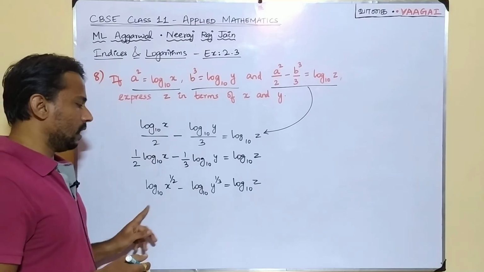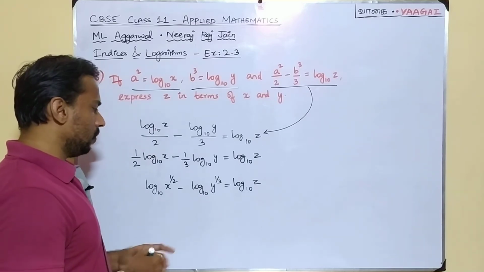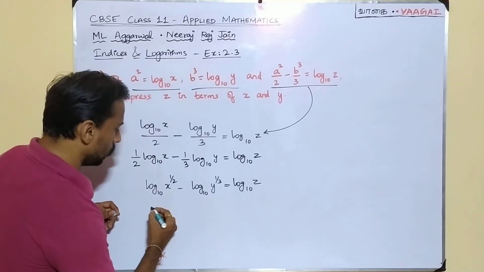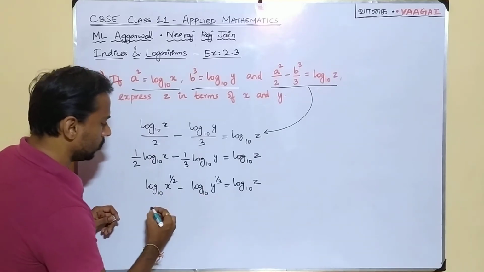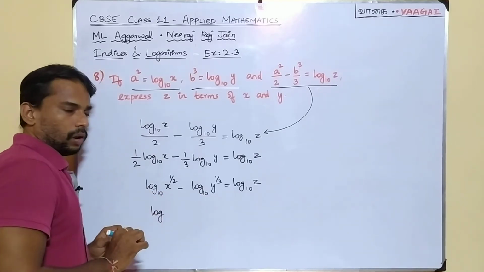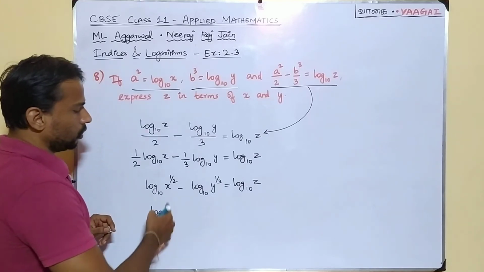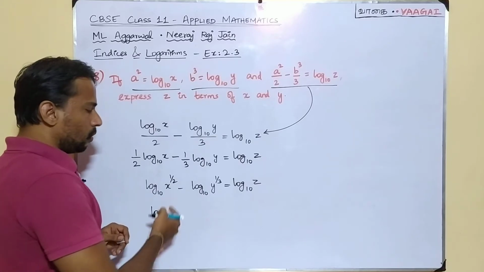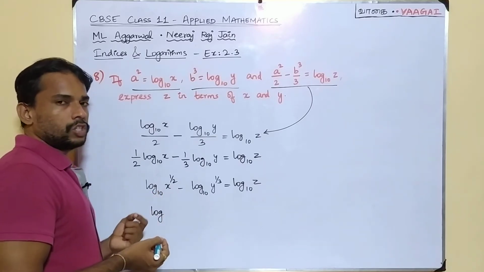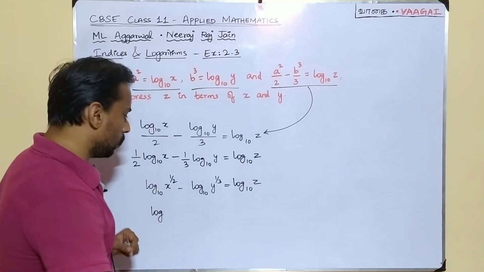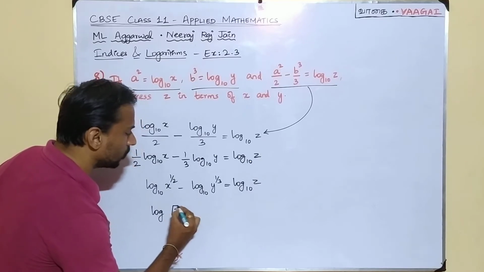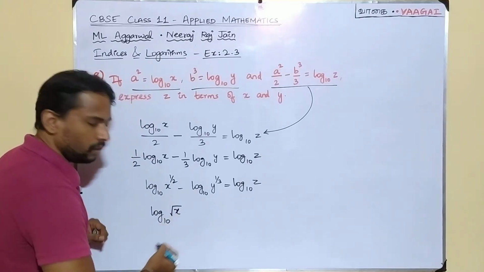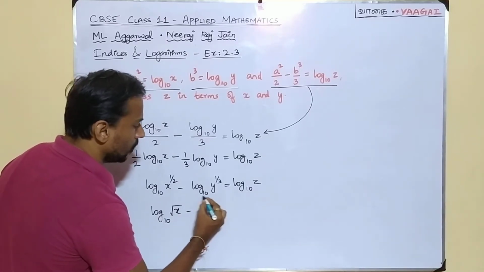Next, we have these expressions, so if you want, we can even simplify this. First of all, I am going to rewrite them as log. How can you rewrite x power half? Any number raised to the power half is nothing but the square root of that value. So log root of x to the base 10 minus